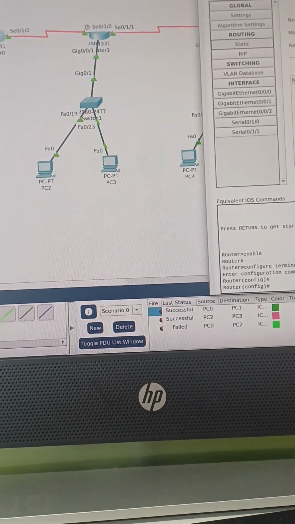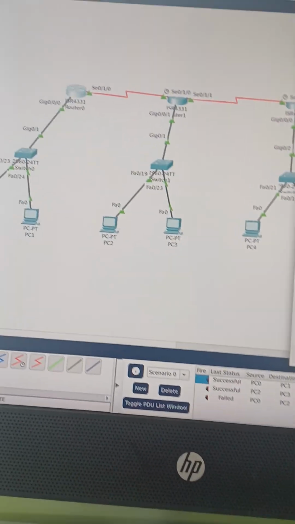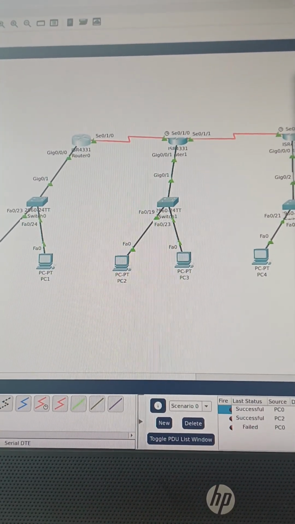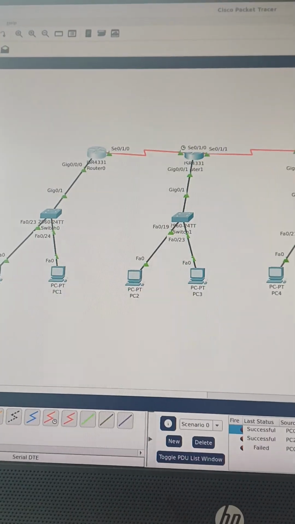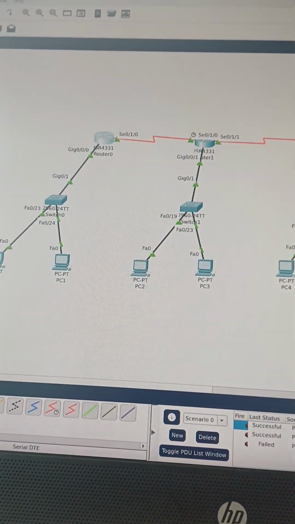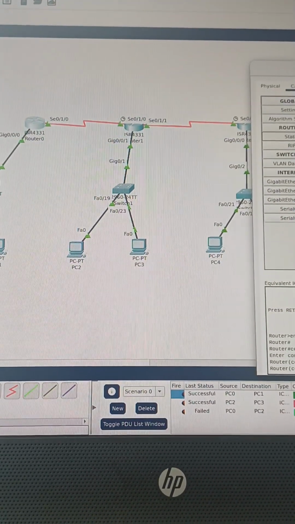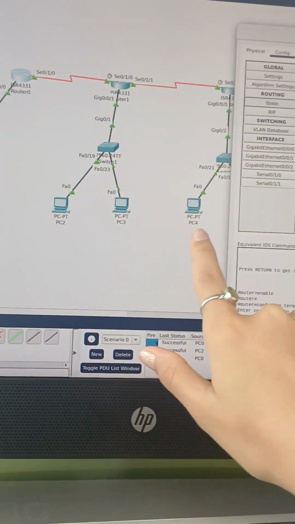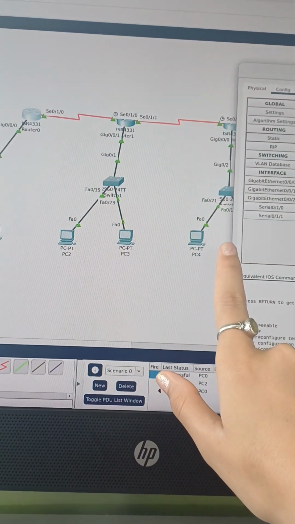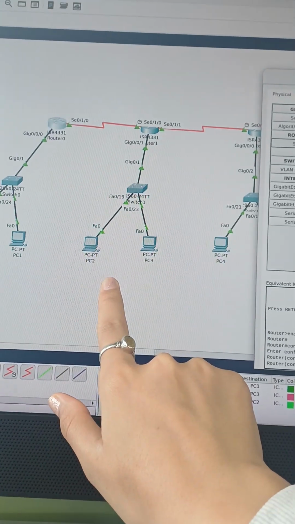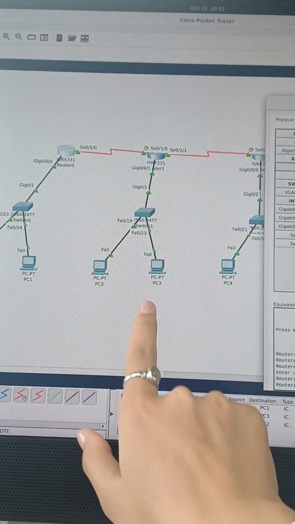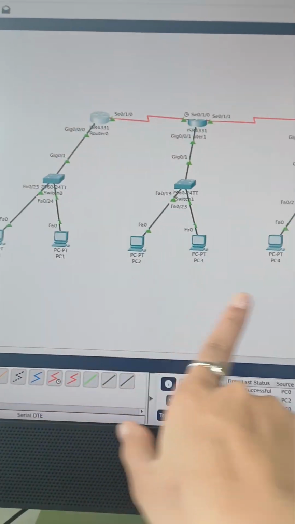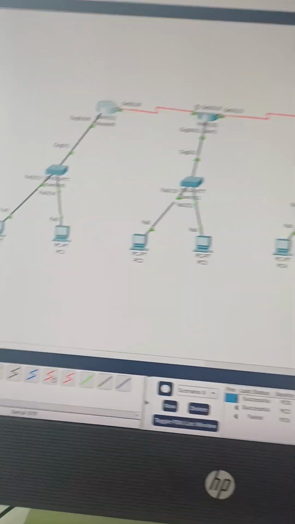192.168.12.0. Network ID is always .0. So .0 is the network address. For this network the network ID is 192.168.12.0, and this one is 192.168.12.0, 192.168.11.0, 192.168.10.0. So in network we need